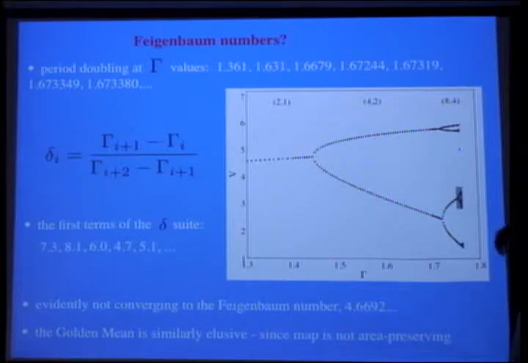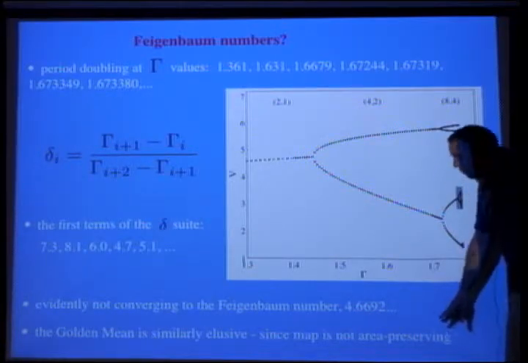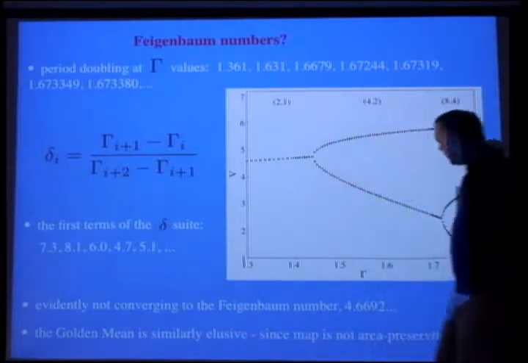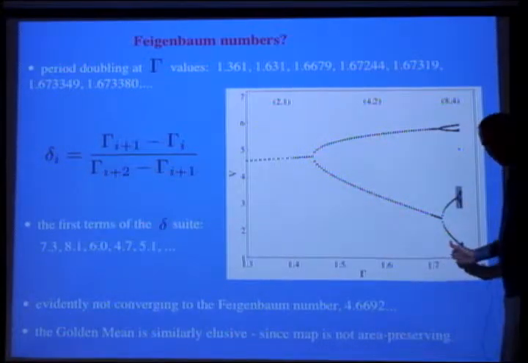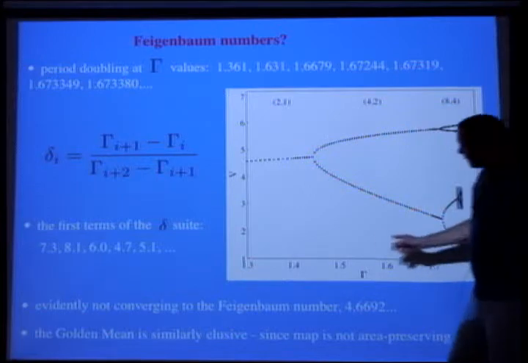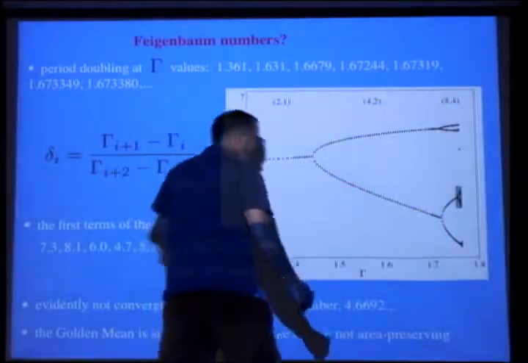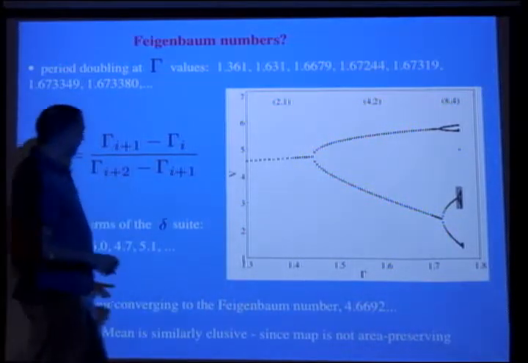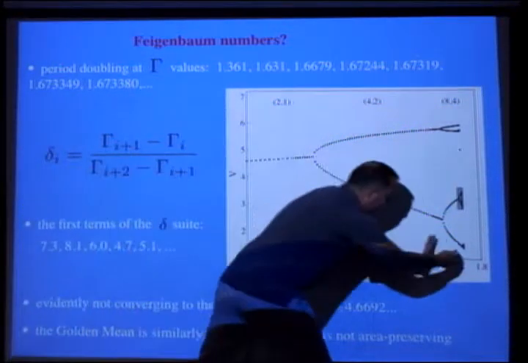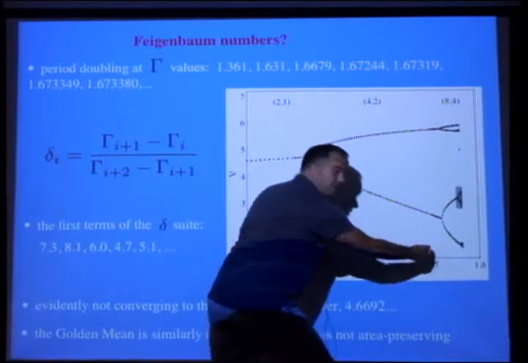So there's a class of maps, these 1D or area-preserving 2D maps, where you get the emergence of this Feigenbaum number. So this is basically looking at the transitions. So these are the thresholds of transition. Okay. So this is gamma i plus 1 minus gamma i, over one minus that one. So this is the ratio of two lengths. So it's basically this to this, right?